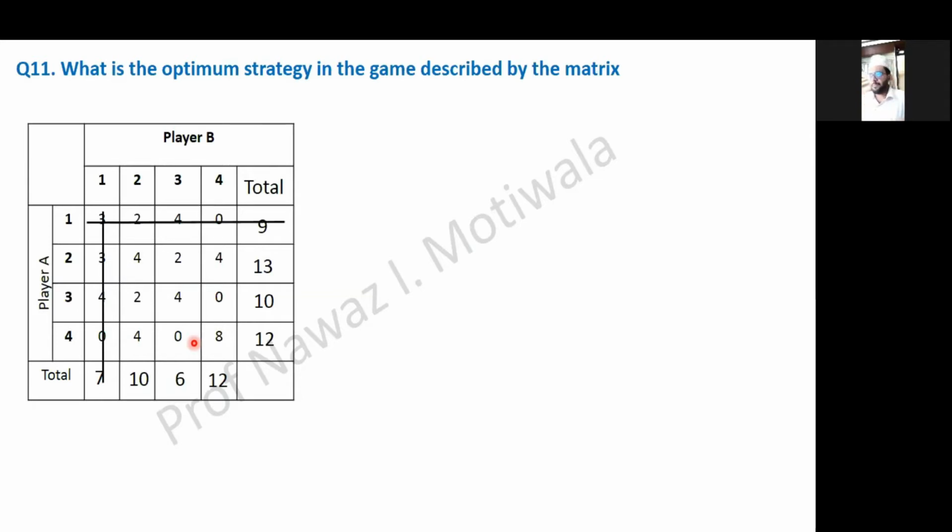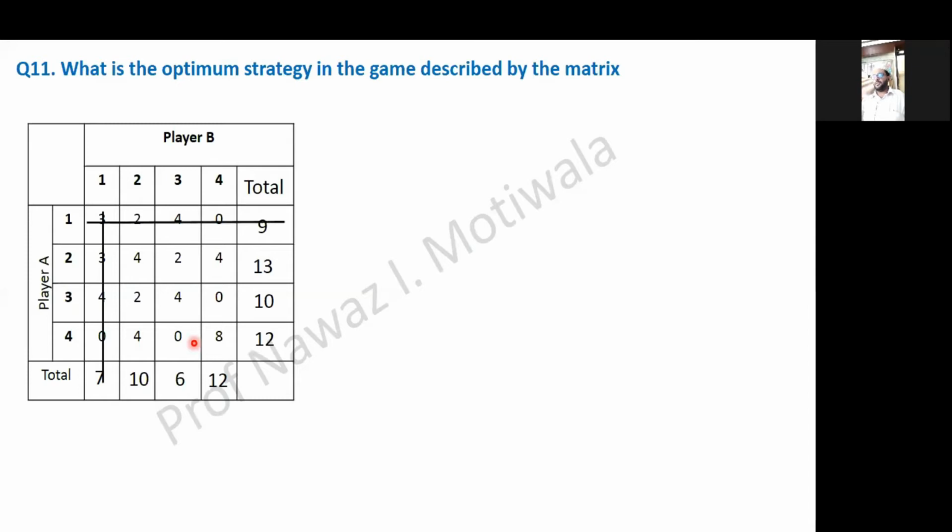But what happens here? Till now, what we have seen is that the oddment method or formula method works only for a 2 by 2 matrix. So we should have some method to cut this matrix down from 3 by 3 to 2 by 2. There is one more rule of dominance. That rule says, if there is no proper dominance, please listen to this carefully. There is another rule which I want to show in this problem. That's why I have taken this.